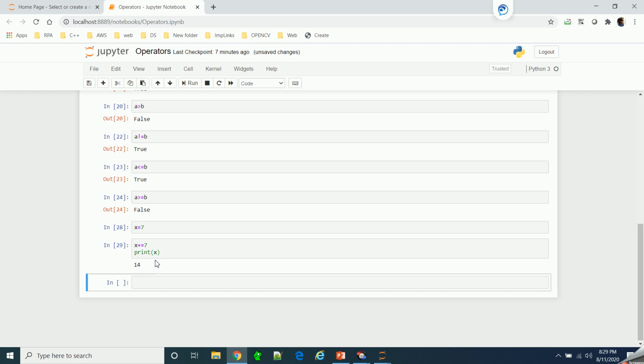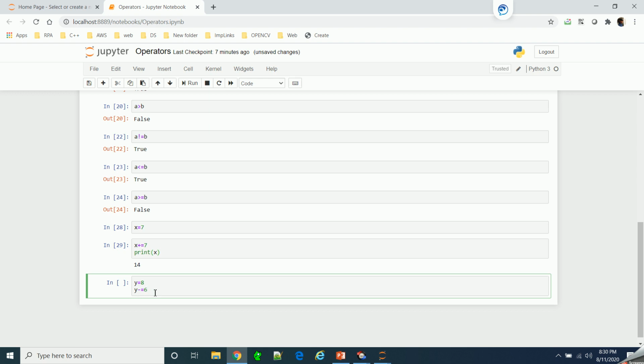Similar to plus, you can write other forms. Now I'll say y equal to 8, and I want to subtract some value from y, so I'll use minus equal to 6. Here y value is 8, so 6 will be subtracted from 8, and the subtracted value will be assigned back to y.